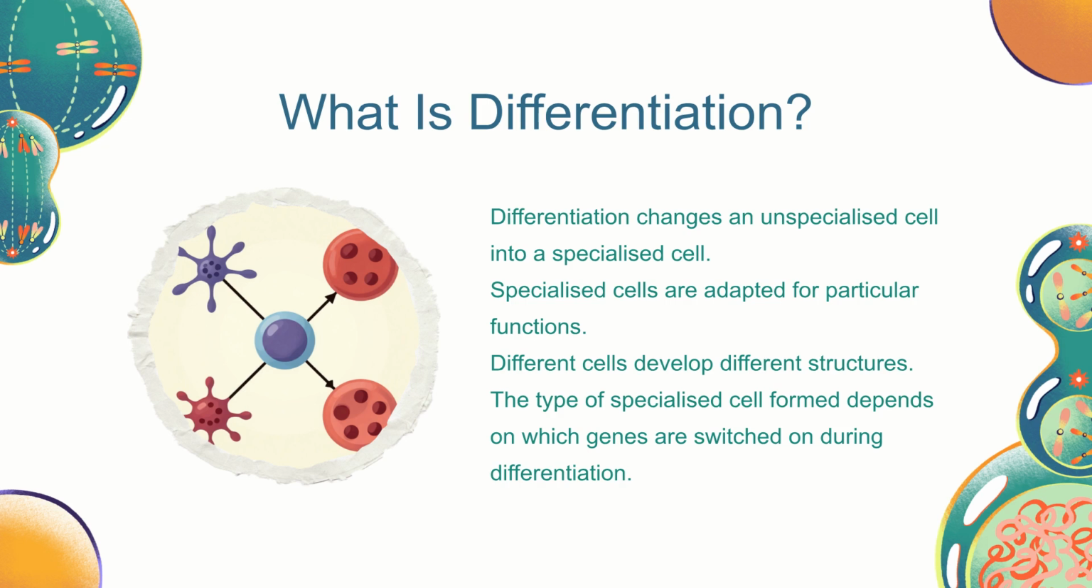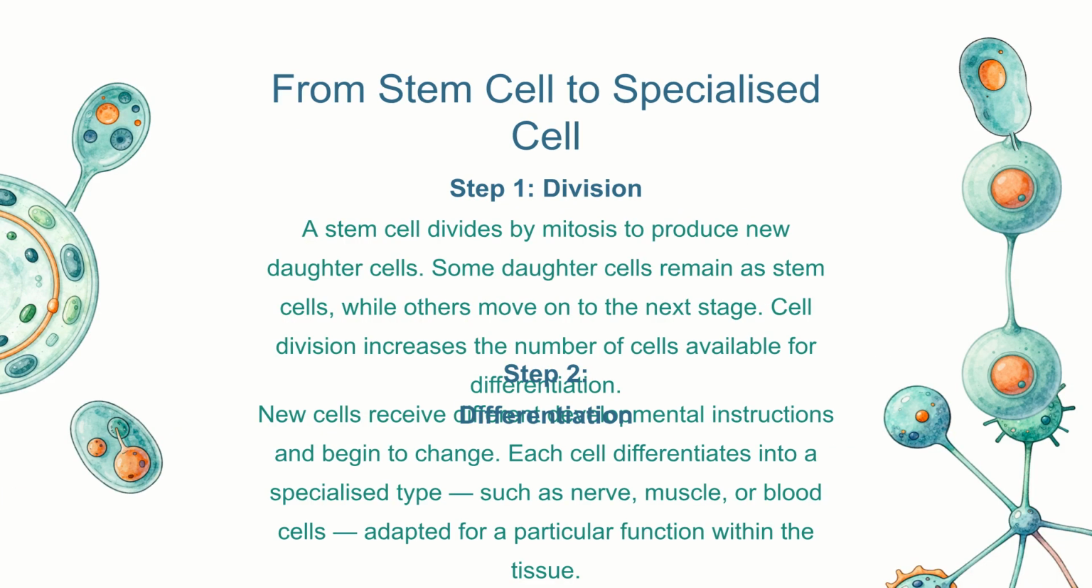Differentiation is the process by which an unspecialized cell becomes a specialized one. This is determined by which genes are switched on, allowing the cell to develop specific structures for its role. The process happens in two steps. First, division through mitosis, and second, differentiation, where cells receive instructions to change into specific functional types like nerve or